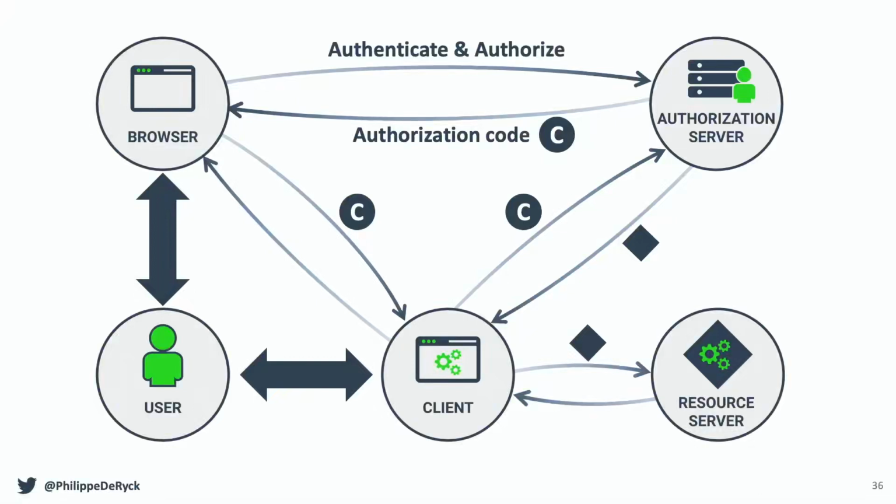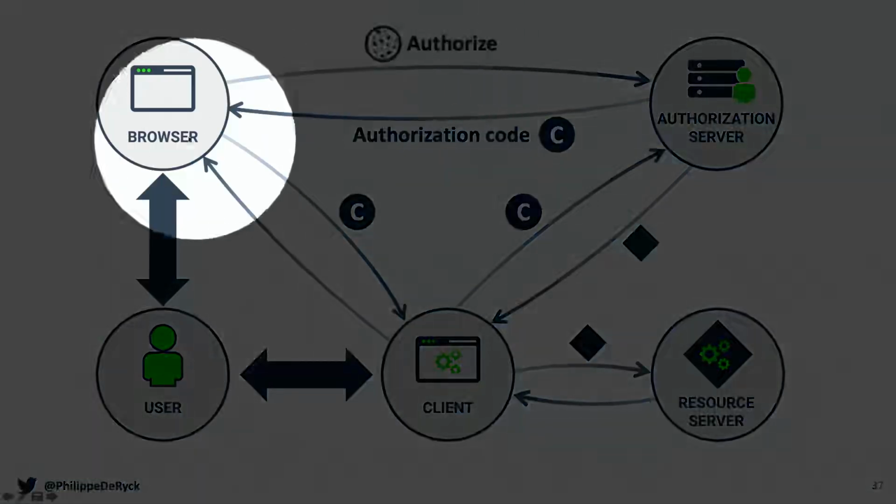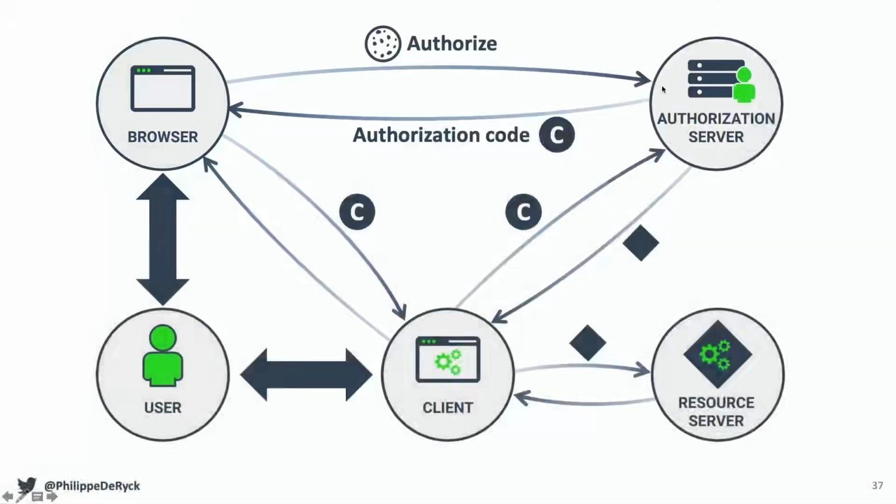But if you have an enterprise setup of OAuth, you have SSO, single sign-on. So the authorization server, when you go there again and again and again, it knows like, yeah, I know who you are. It's good. You can access your application. And how does it know that? Well, it knows that because it uses cookies. Here, this is a redirect request from the browser to the authorization server. A redirect, you have no control over that. You cannot add additional headers. There's no authorization header there. And the authorization server usually uses a cookie to keep track of a session. So even though you don't have cookies in your application, you're still depending on cookies.